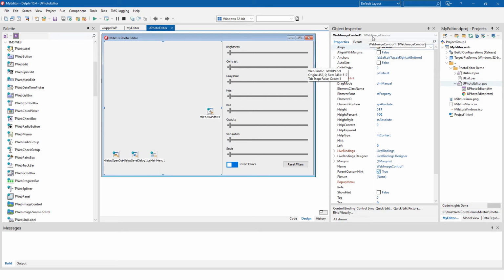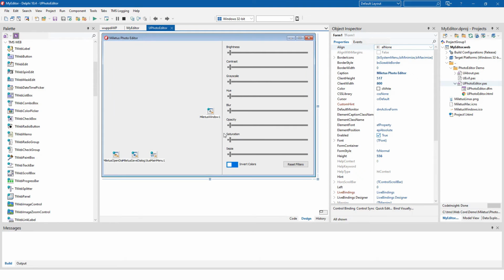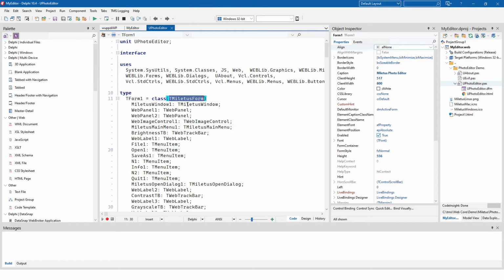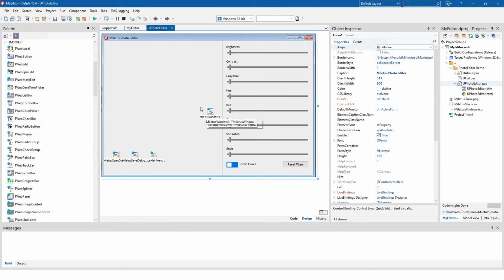For example, here's the T-Web image control. Everything is from TMS Web. The difference is the base class for the form, for example. So there are tiny little differences: it's not TForm or TWebForm, it's TMiletusForm. But that is about all that is different, with a few differences when it comes to form management. Because obviously in the web browser you have only one active form, whereas in a desktop application you can have multiple open forms. So running this from the IDE,